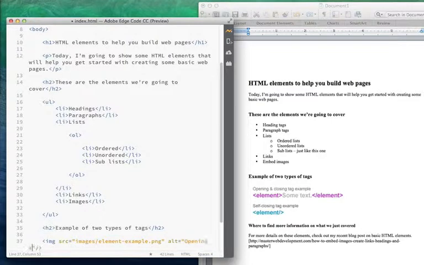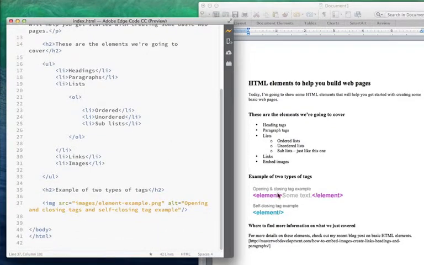Opening and closing tags, and self-closing tags. Examples. And save it. So now that we have the images embedded, looks like I have another heading tag,